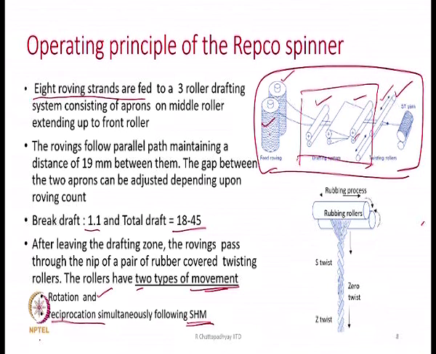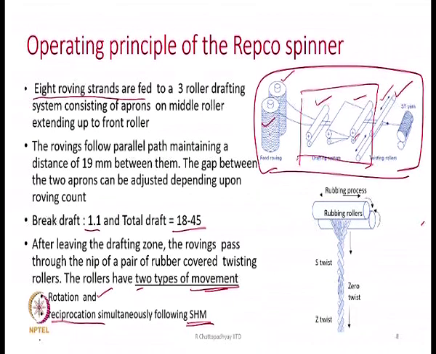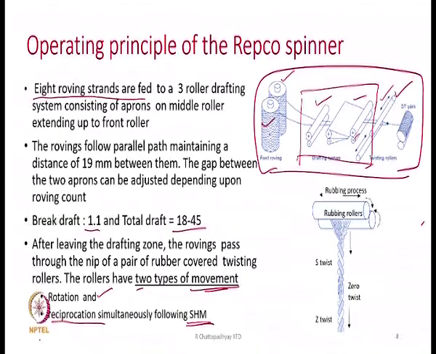So, the roving is experiencing a forward motion because the rollers are rotating on their own axis, pulling the roving and at the same time delivering it. But the reciprocating motion that we have is going to impart twist